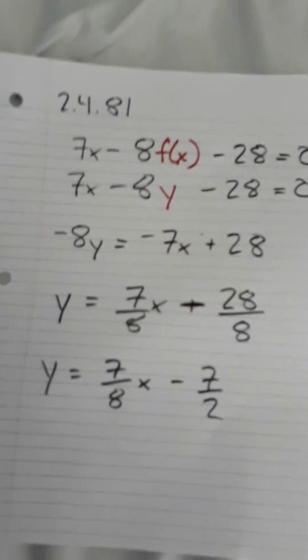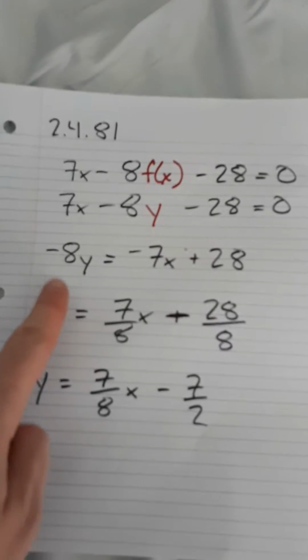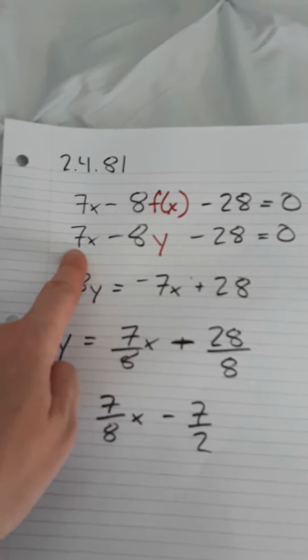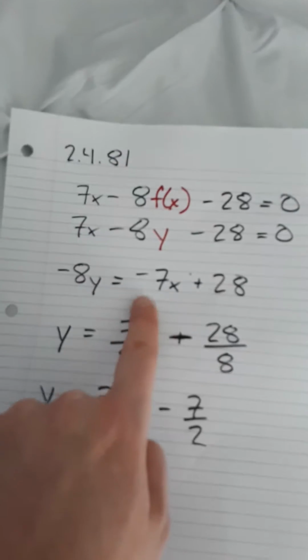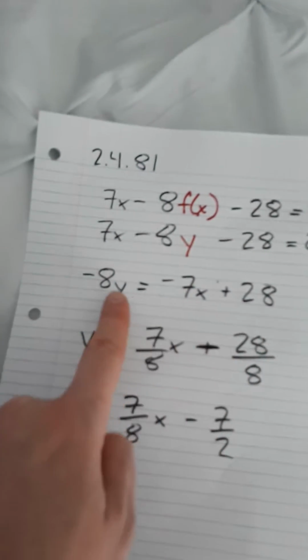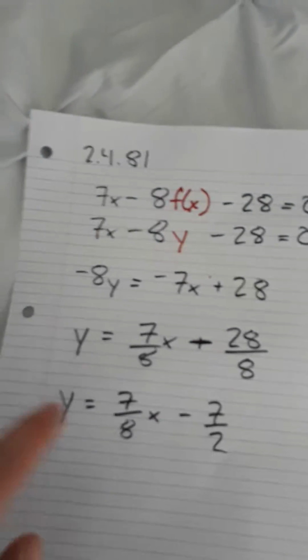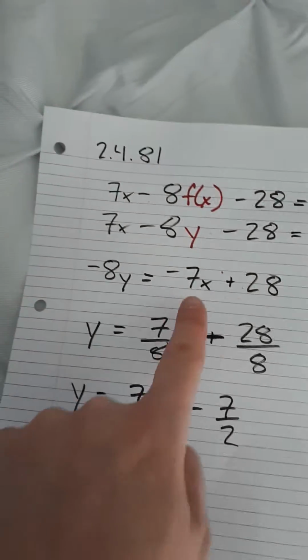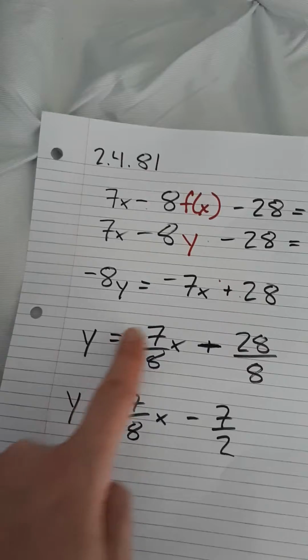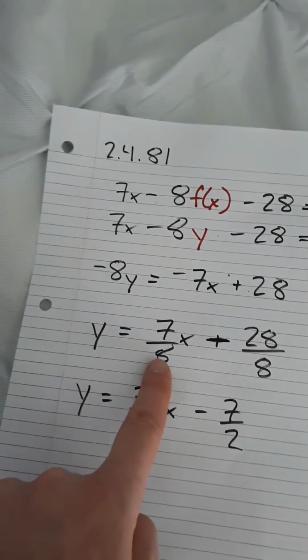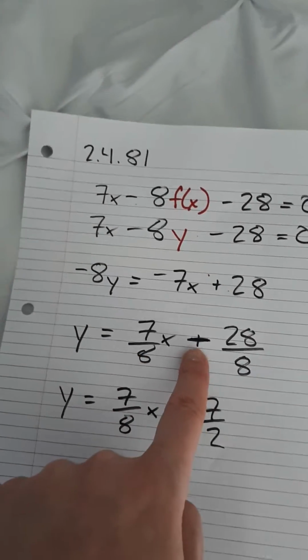From there, we're going to do some algebra, and we're going to get y by itself. So I subtract 7x from both sides, and I add 28 to both sides. So I get negative 8y equals negative 7x plus 28. Okay, then I'm going to divide both sides by negative 8 to get y by itself. Over here, that's going to give me positive 7 over 8, and over here this is going to give me